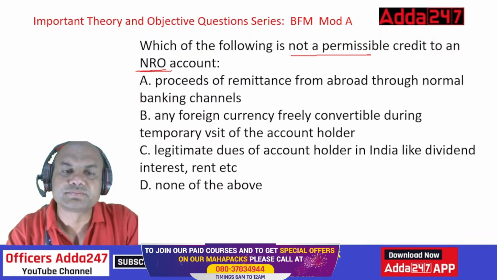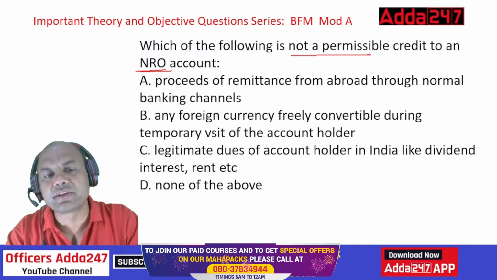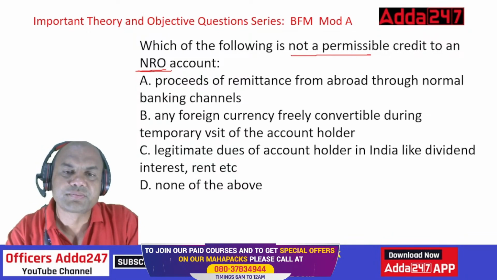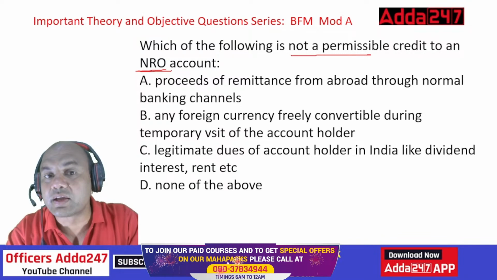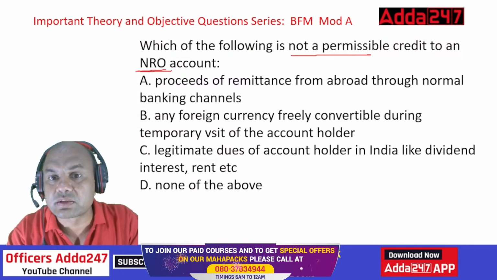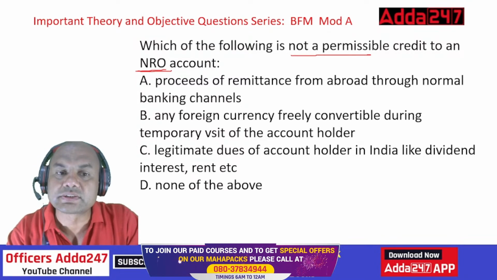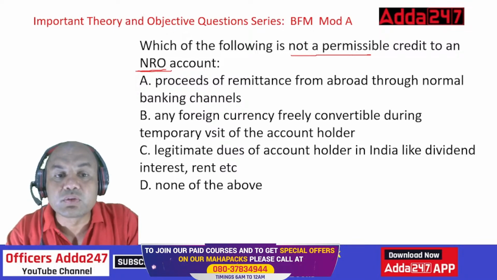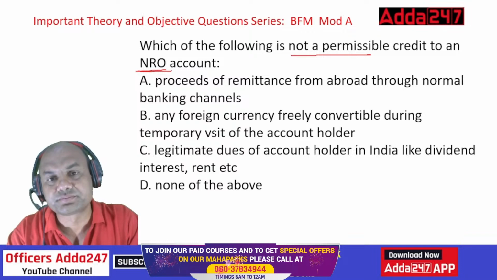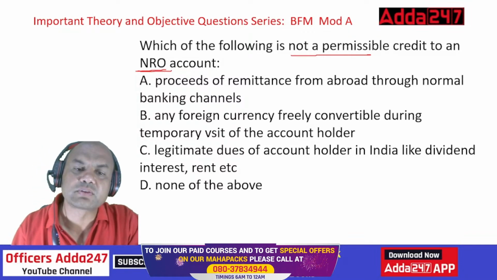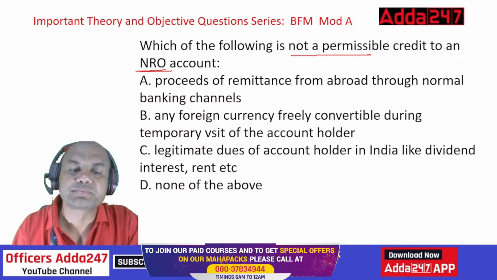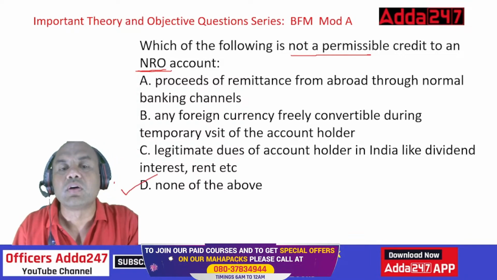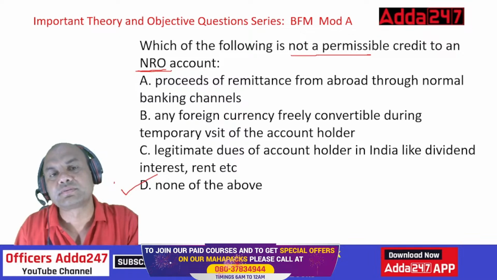What do you think? Generally, whenever we get such questions, we always tend to think, everyone amongst you is tending to think now. You are all searching for the answer within A, B and C only, because you have ignored this D option, none of them. Never do that. The right answer over here is D, none of the above, because all of them here are permitted.